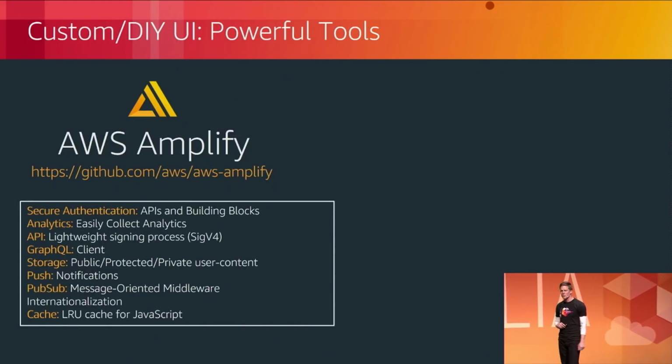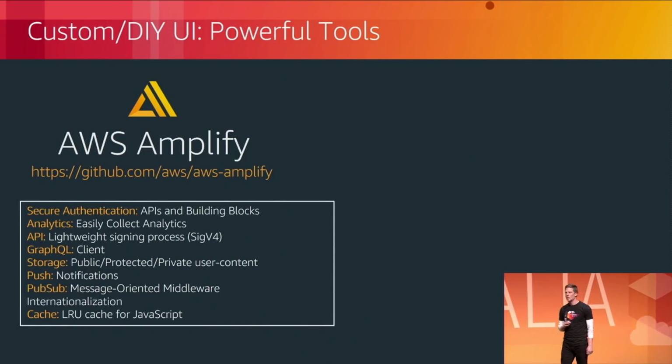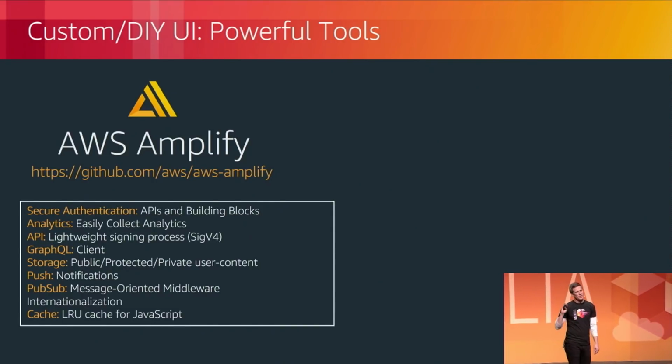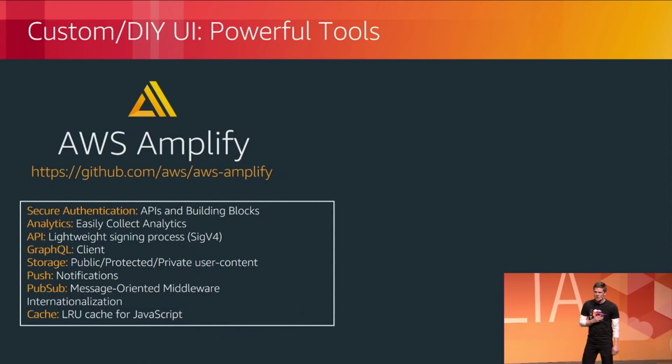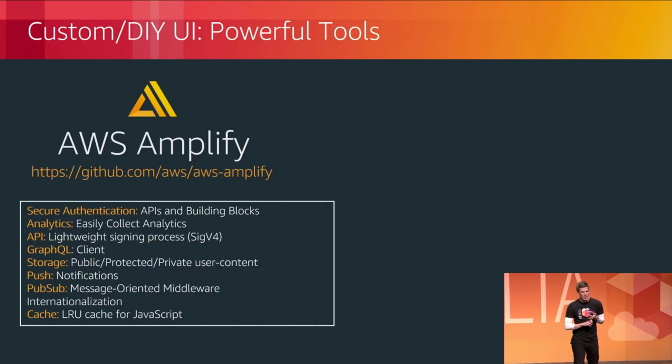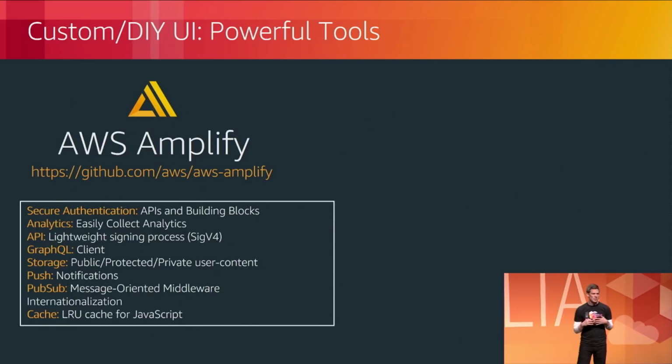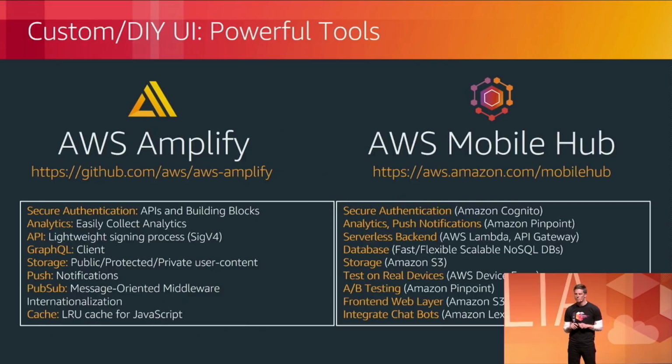Now, we're all developers in the room, so hopefully we know about AWS Amplify, our open source JavaScript libraries that make it even easier to develop all of this front end, to make this workflow beautiful and simple for our user. Not only can we use it to integrate to Cognito, but we can use it for analytics, push messaging, storage on the back end, and databases. The Amplify library gives you all of the building blocks you need to build out that front end very simply, and it's all open source, available on GitHub.